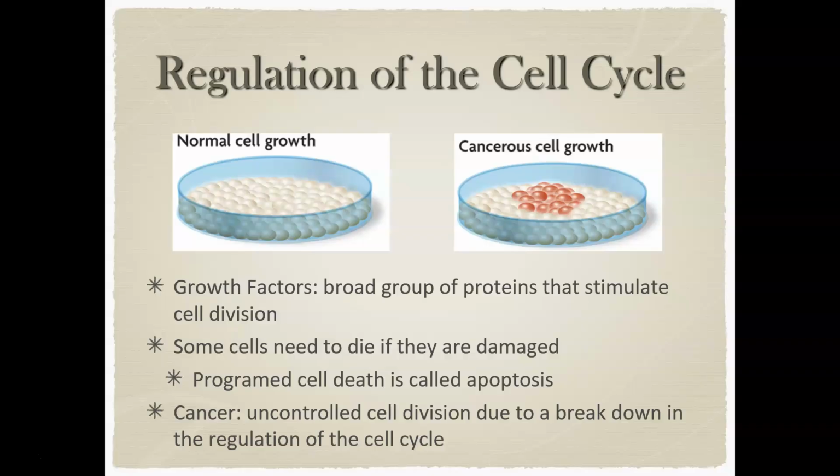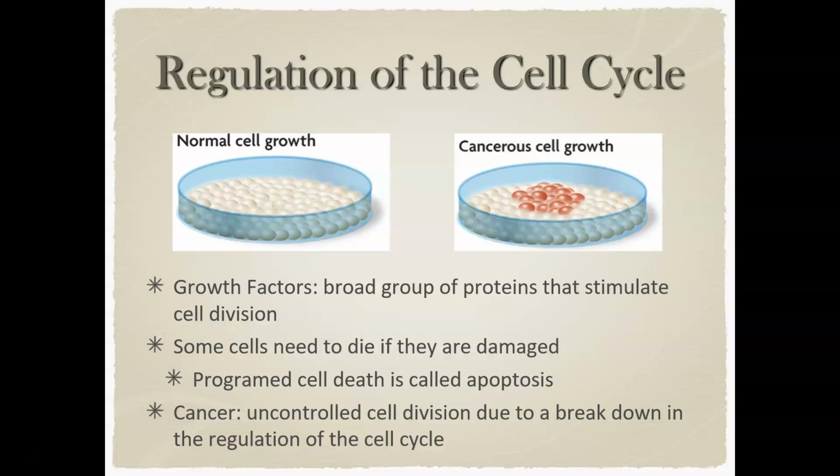Now, your cells have a mechanism in place to recognize when things have gone awry. Those damaged cells are supposed to go through a process called apoptosis. We hit certain checkpoints, and those checkpoints recognize, once again by molecule presence, that there's damage or that these cells aren't performing the function they're supposed to. And so they're basically supposed to hit the self-destruct button, go through apoptosis, what we know as programmed cell death, so that we can replace that damaged cell with a healthy one.